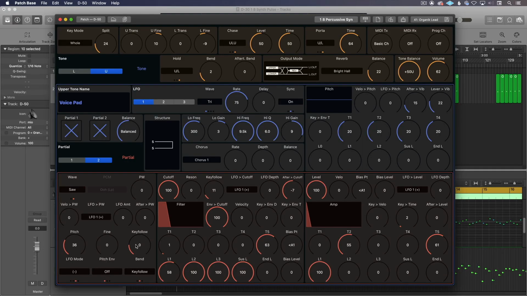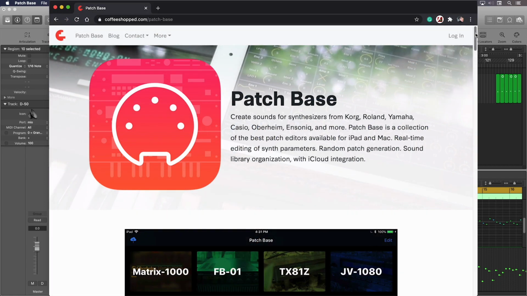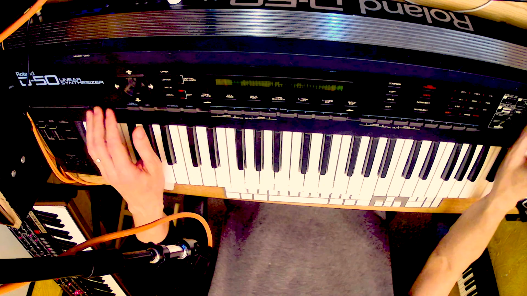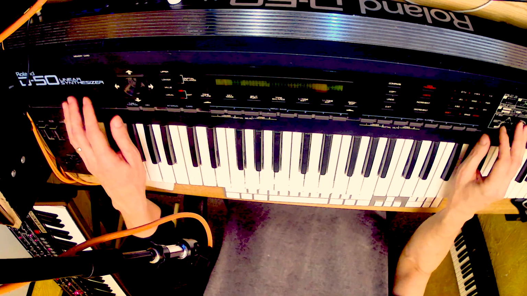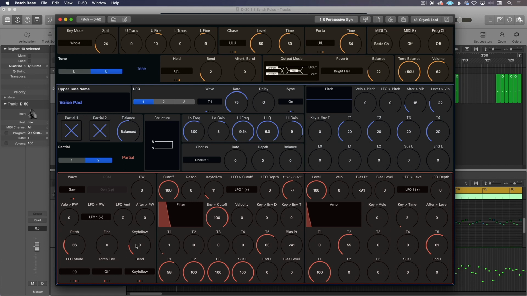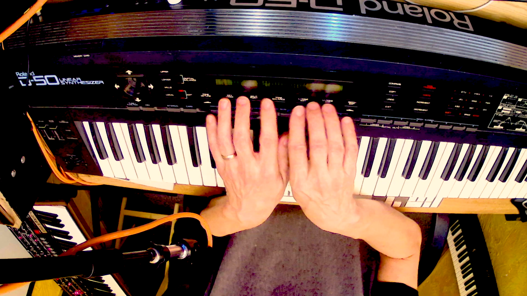So I'm using Patch Bass by a company called Coffee Shop, which makes editor librarians for all kinds of old classic synths, including the D-50. Now, it's especially great for the D-50 because, as you can see, there's not a lot of knobs and faders like the synthesizers before it. Being a digital synthesizer, a lot of it is buried in menus, and you can get to parameters and switch things, but it's not a very real-time sort of synthesizer to play with. It's more about building unique sounds,